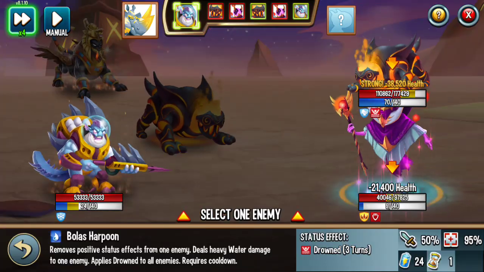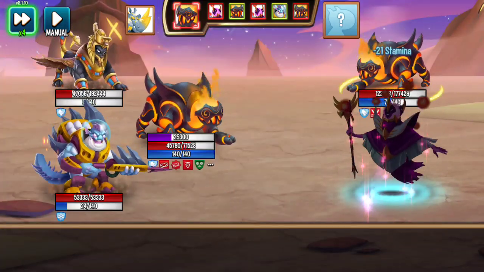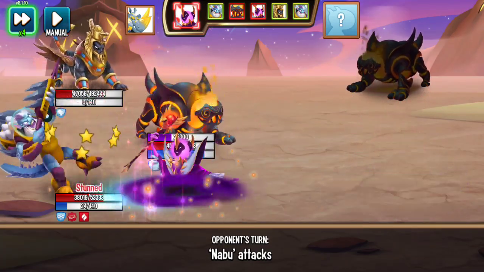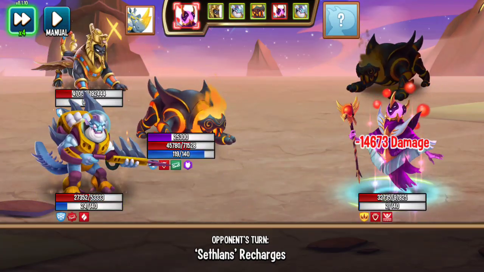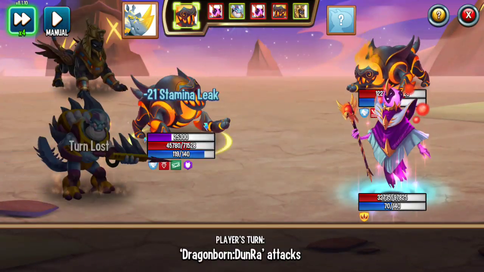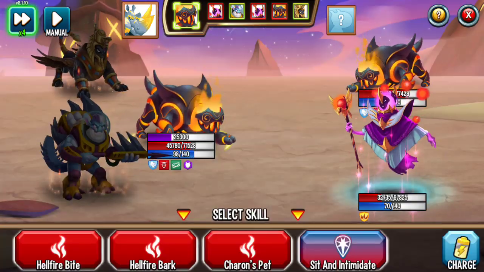I need the recharge here. I'm just gonna shoot him with Drowned. Drowned also drains stamina too, so Gord kind of works simultaneously with it. Oh, there you go, Gates. I have to recharge here, or I'm forced to...